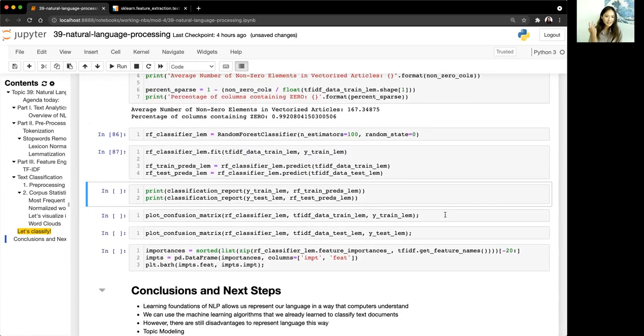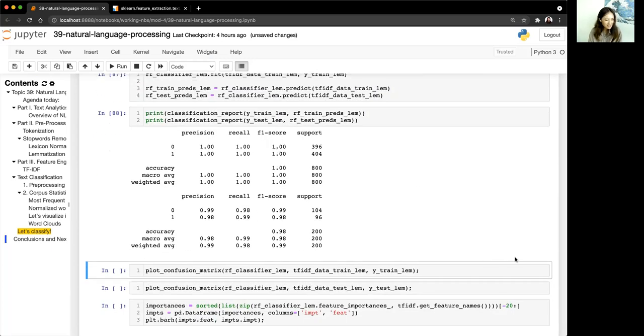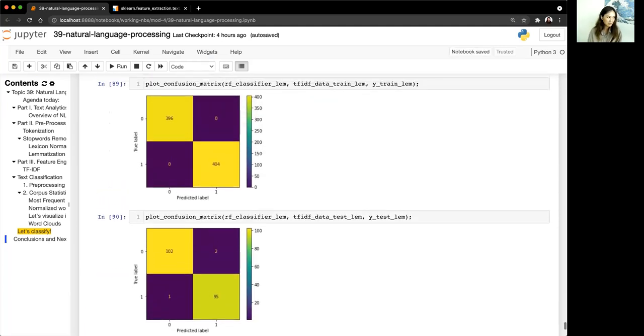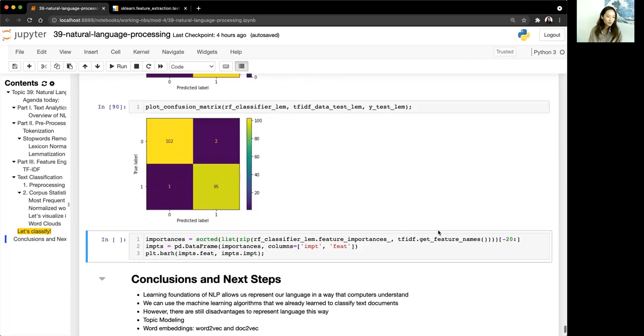And again, metrics exactly the same as what we talked about last phase. We have our classification report. You can see that, okay, maybe there's slight overfitting. And then we can also have our confusion matrices too. So if you want to use the function that you wrote last phase for this, maybe with a little bit of tweaking to account for the words, you can use it as well, because the metrics will be exactly the same, and the modeling process exactly the same too. For feature importances, this is a really interesting one.